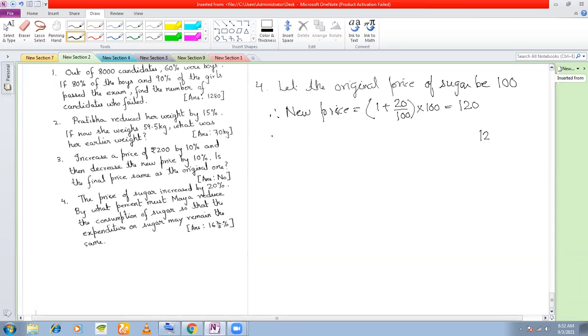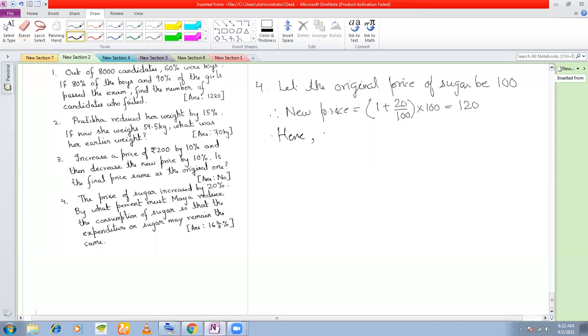So if a quantity goes from 120 to 100, that means you have to calculate the percentage decrease, isn't it? Because she cannot afford to spend 120 rupees. She can only afford to spend 100 rupees. So she has to decrease her expenditure, consumption. Okay, she has to decrease the amount of sugar she is eating, right? So she has to decrease from 120 to 100. So therefore, here